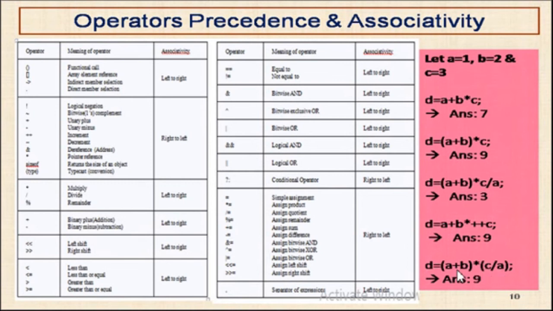So parenthesis has the highest priority, associativity is left to right. So first parenthesis, A plus B, 1 plus 2, 3. Then next parenthesis, 3 by 1. So here 3, here also 3, then multiplication symbol. So 3 into 3, 9. So in this way, in this order, in this hierarchy and this associativity, this will evaluate the